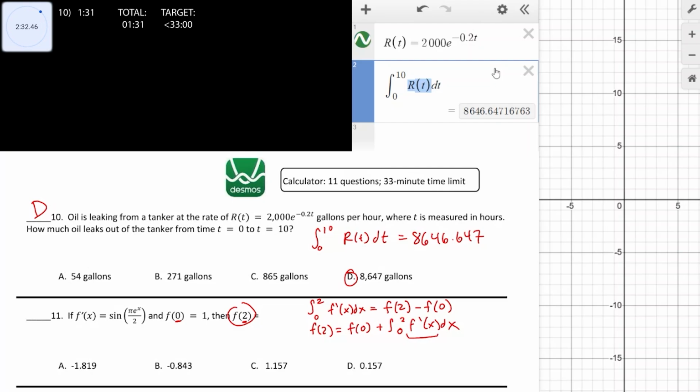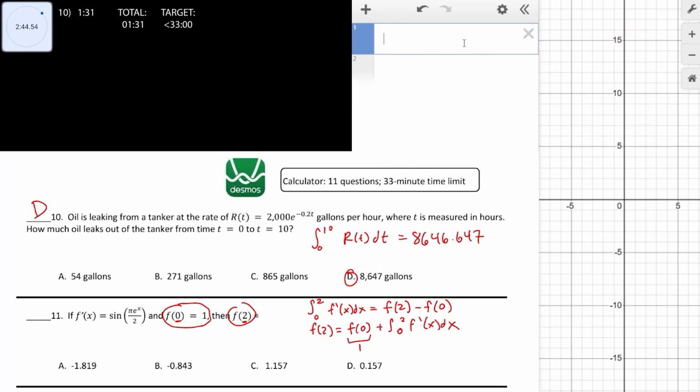The only other thing that we'll have to make a note of here before we type it in is that f of 0 is 1. So when we type it in there, f of 0, that's just going to be 1. So let's go ahead and exit out of these two. We don't need those anymore. We're going to type 1 plus the integral from 0 to 2 of f prime x